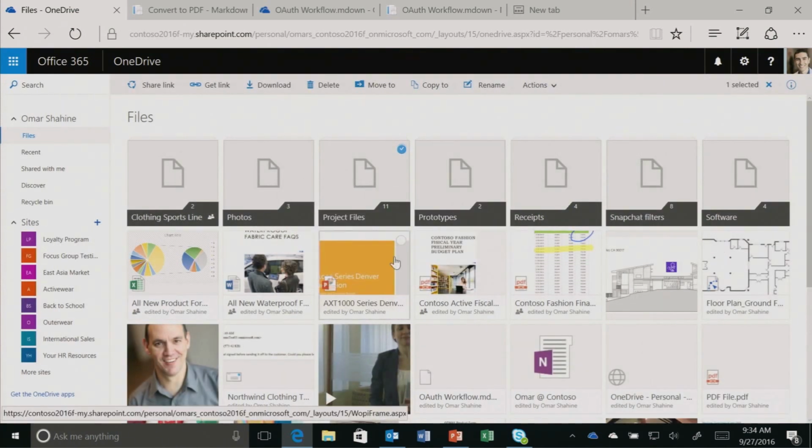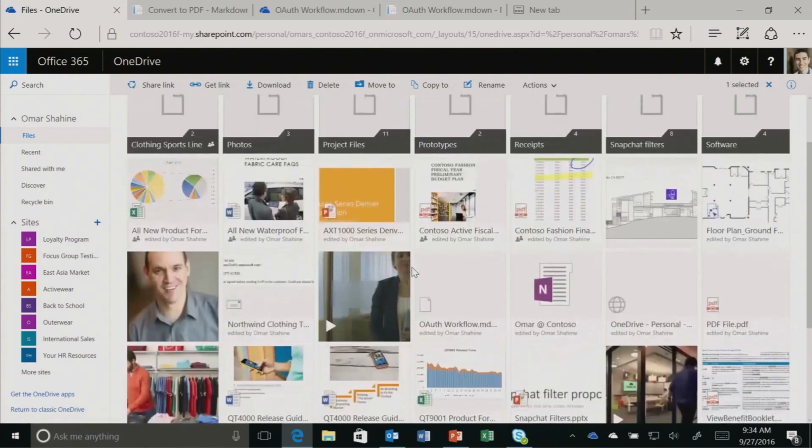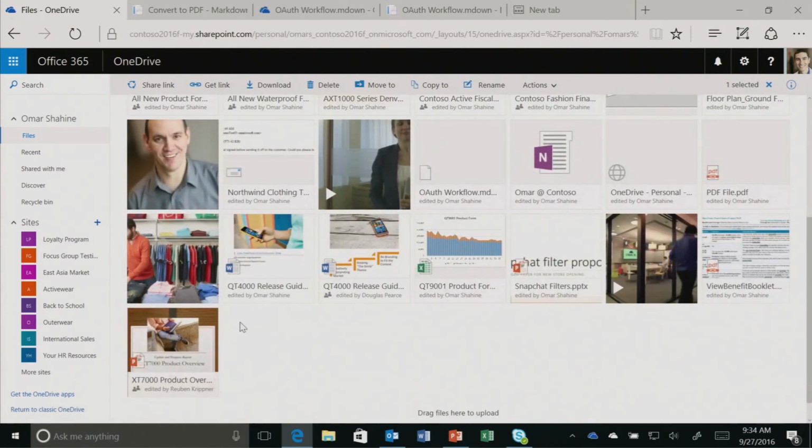And then lastly, I want to share a PowerPoint file and show you how external sharing works as well as group sharing. So I'm going to go ahead and select this Snapchat filters PowerPoint. I want to produce a set of Snapchat filters for an event that we're doing in our company. I put together a PowerPoint presentation with some examples, and I'm going to go ahead and share that with a